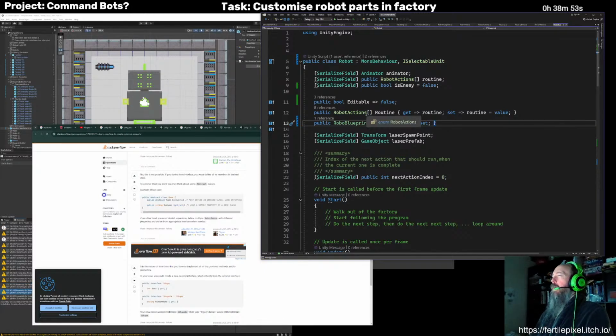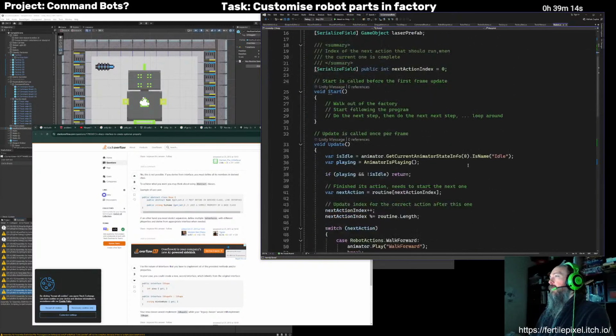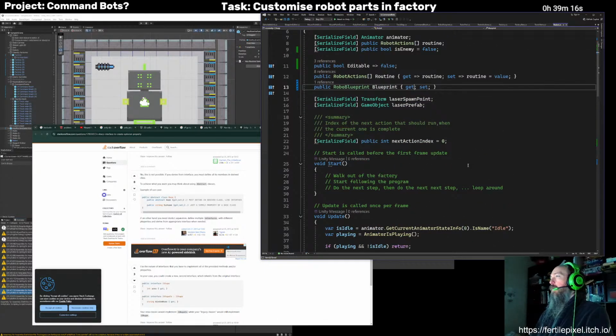Not like prevent it, but the tools should not allow changing it. And then actually when we create the robot, then we can actually set the blueprint. That I think would be a good idea.